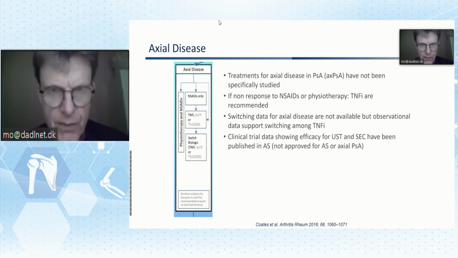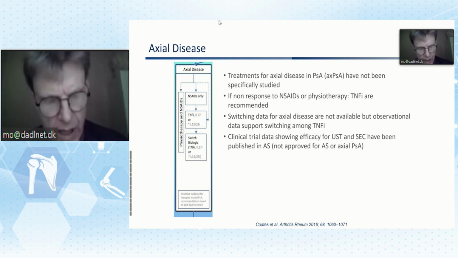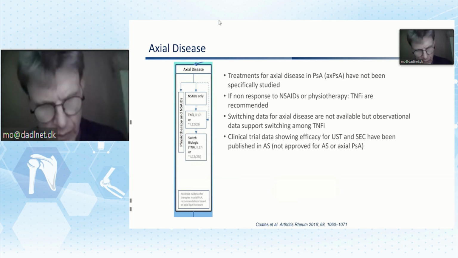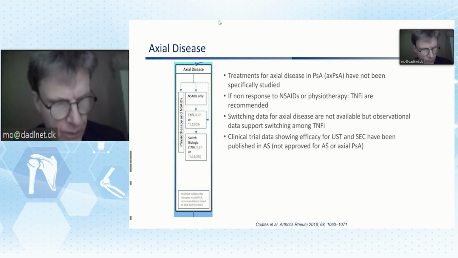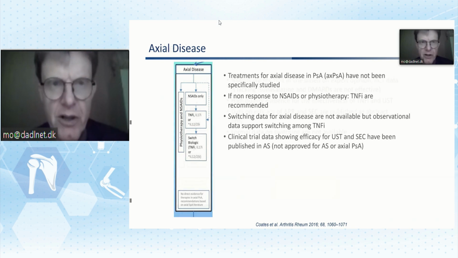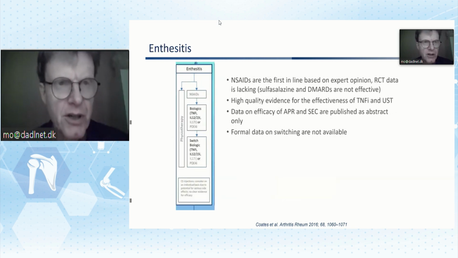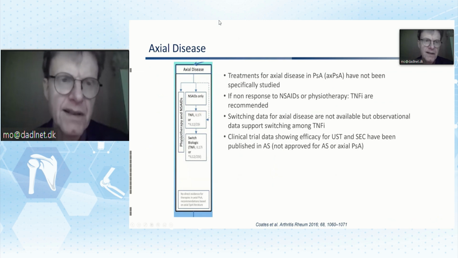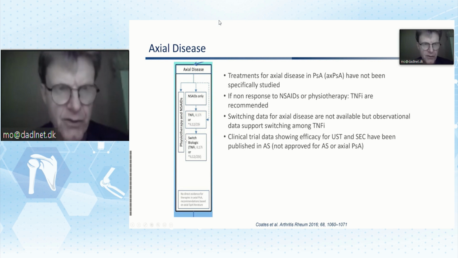At this stage, there were none. There's recently been a secukinumab study where it was shown that BASDAI and other spinal pain and other features, also MRI, improved in patients with psoriatic arthritis who were treated with this drug, but at this stage it was not there. So what was recommended there was NSAIDs followed up by TNF inhibitors, and of course combined with physiotherapy. And if you had problems or it didn't work, then you had to switch therapy.